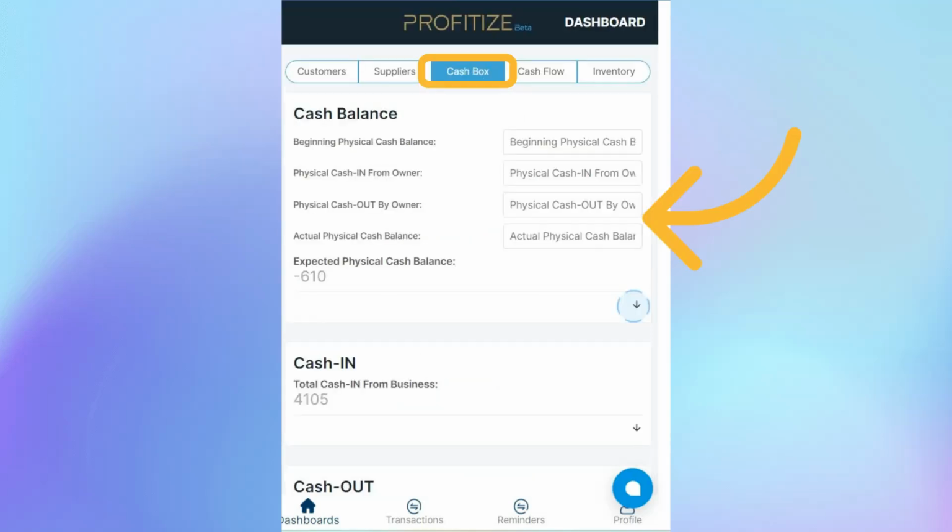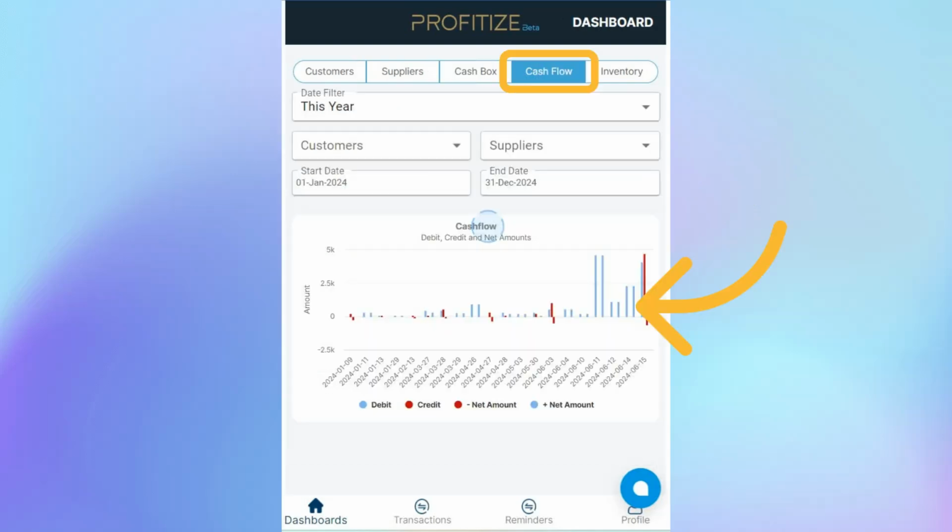In a separate video in the PROFITIZE YouTube training library, we will explain how to use the Cashbox feature to quickly and accurately manage your daily cash balance and detect if cash is missing. In a separate video in the PROFITIZE YouTube training library, we will explain how to use the cash flow feature to quickly and accurately visualize your cash inflows, cash outflows, and net cash flows on a daily, weekly, monthly, or